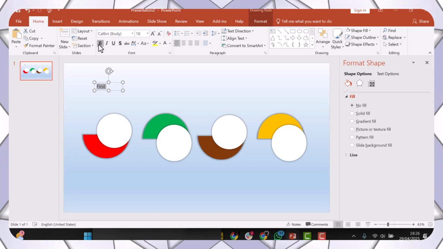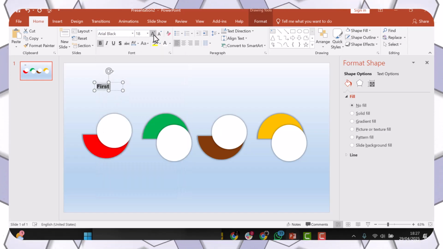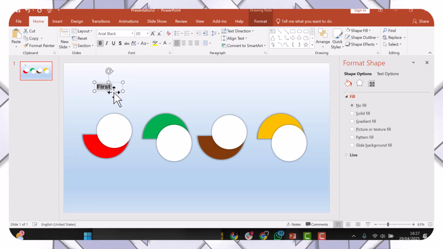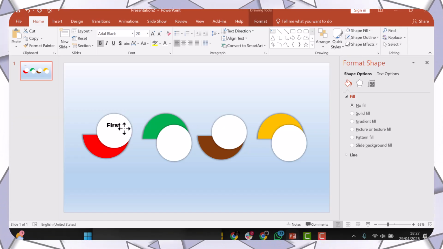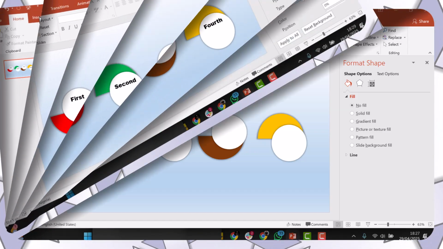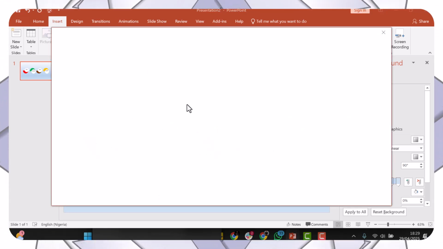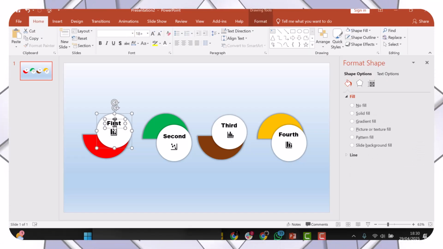I decided to put the first, and I formatted it with my favorite font, which is Arial Black. I bolden it, increase the font a bit, and I repeat it across the shapes. Then after that,